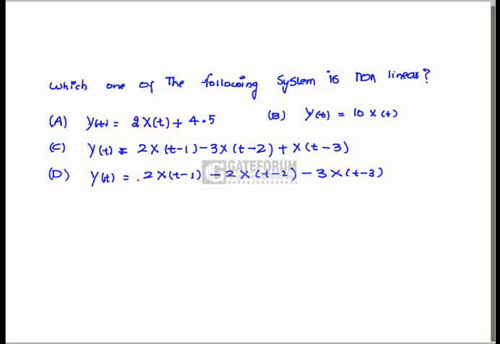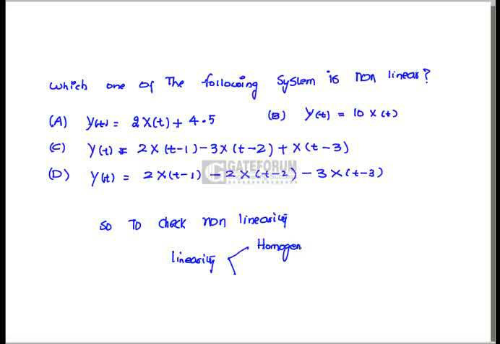Given the problem, we need to find out which system is non-linear out of the given 4 systems. So to check non-linearity, we need to decide which system is linear. To check linearity, we need to check two properties: homogeneity and superposition. That is done by